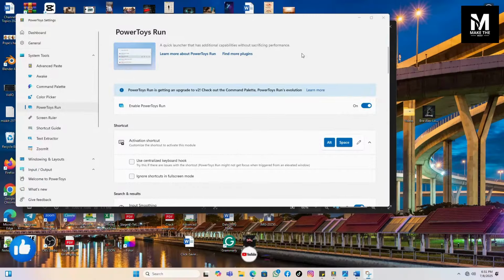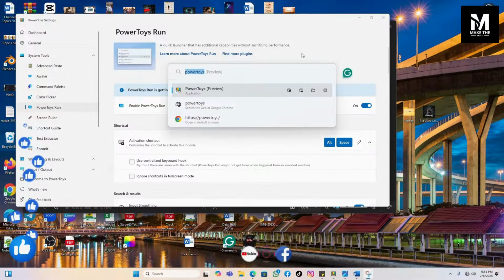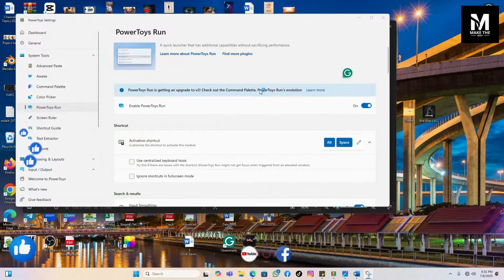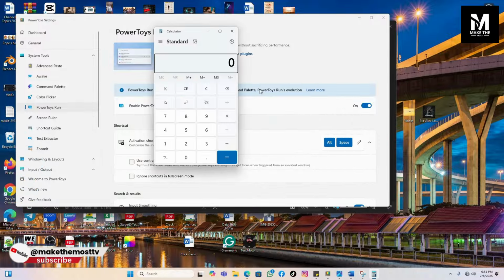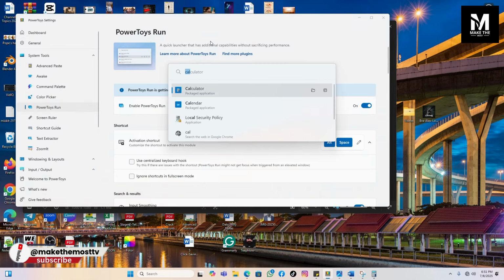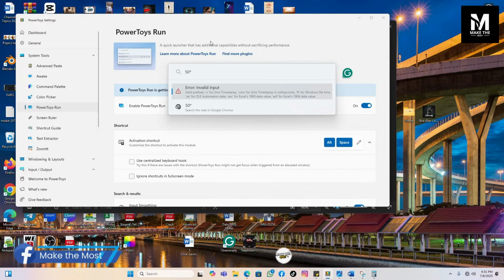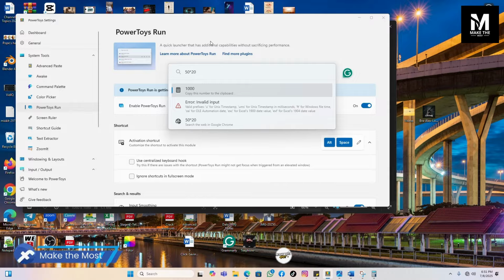Open PowerToys Run just as we have gone through various features with the same procedure. Open the PowerToys Run dashboard and locate the PowerToys Run on the dashboard, or you'll find it on the left sidebar. Turn it on. It's normally turned on by default, and to access it, use the alt key plus the space bar. Press and hold the alt key and then press the space bar to activate and use the